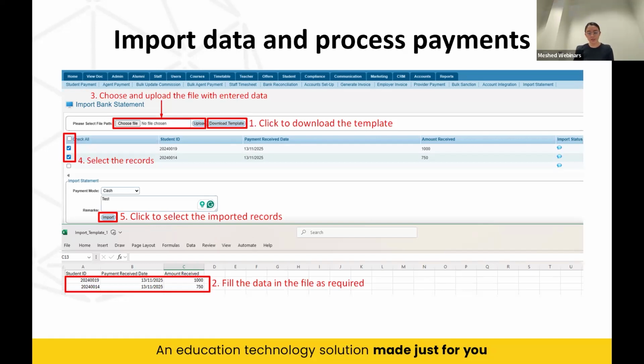The details that the user will need to add into the CSV file will not be much. It's just a few simple pieces of details such as the student ID, the date when the college or the staff have received the payment from the student, and the total